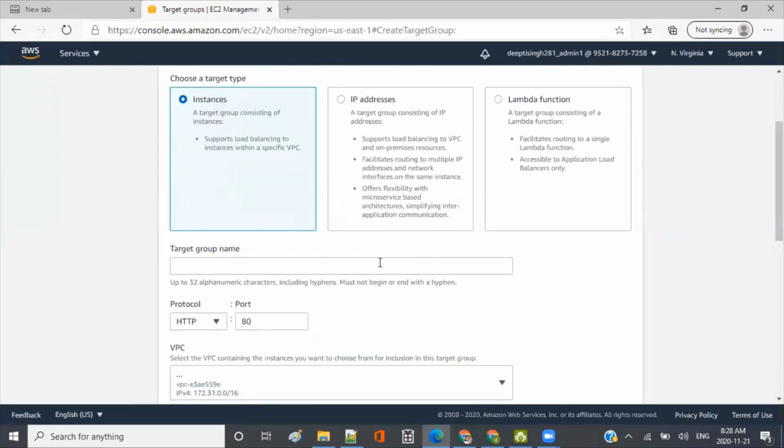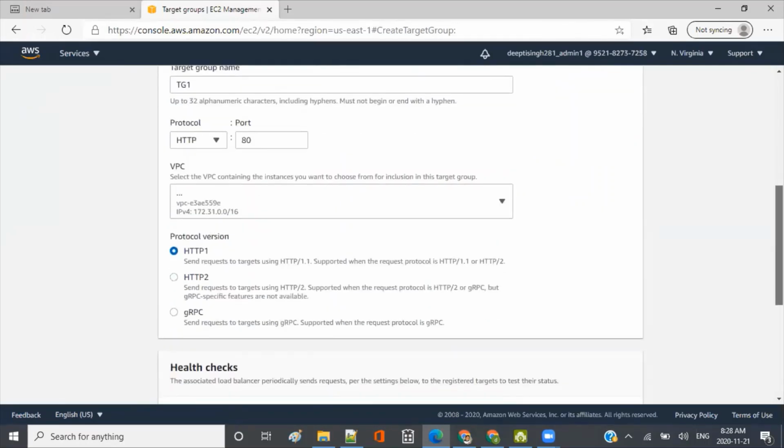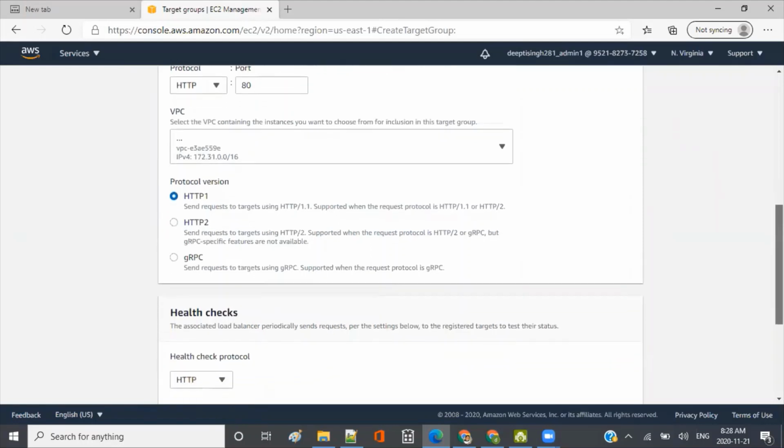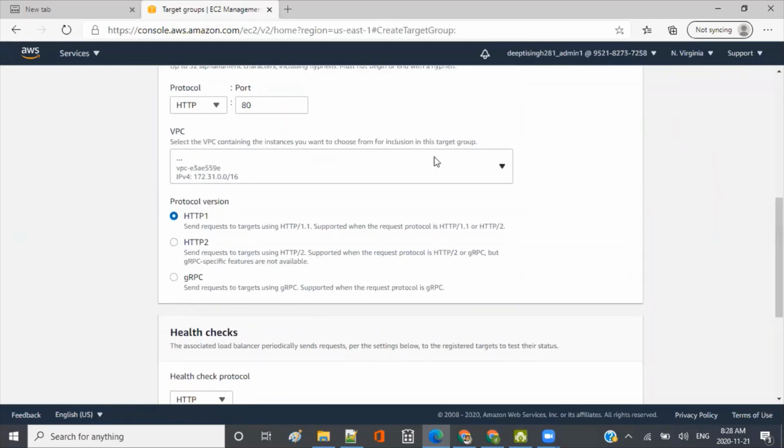Okay, so I'm creating a target group. Let's say I'm calling it target group 1, and the HTTP port for this target group is 80, where it will be listening for the connections or the requests. And then here you specify the VPC, so I'm choosing the default VPC. I just assume it's like your network, right? Your private network within the AWS. So your machines don't go into a common network within the AWS, but for each account there's a kind of a private network, right? So where it goes, and you can maintain that.